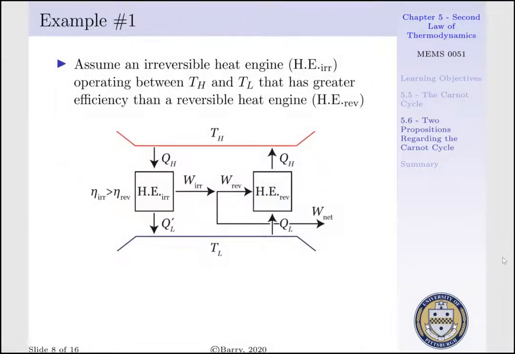We can try to disprove the first proposition by assuming an irreversible heat engine, HE sub IRR, operating between TH and TL, has a greater efficiency than a reversible heat engine, HE sub REV, that is operating between the same two temperature reservoirs. In the schematic below, we have our high temperature reservoir, denoted by TH, our low temperature reservoir,